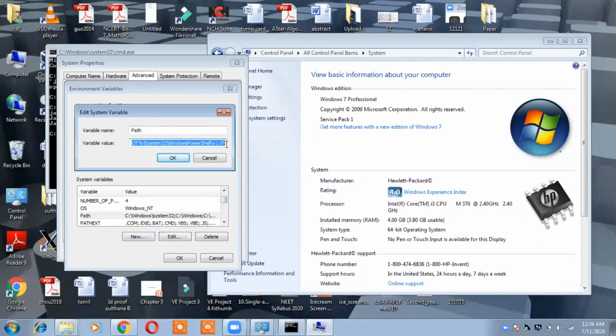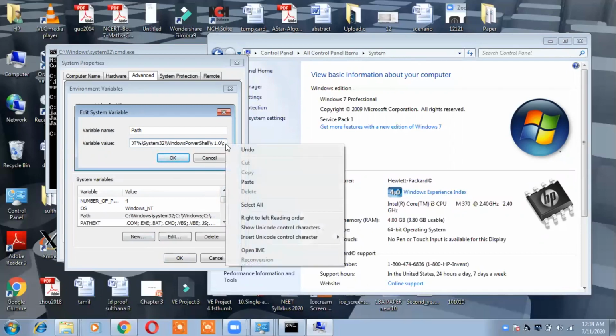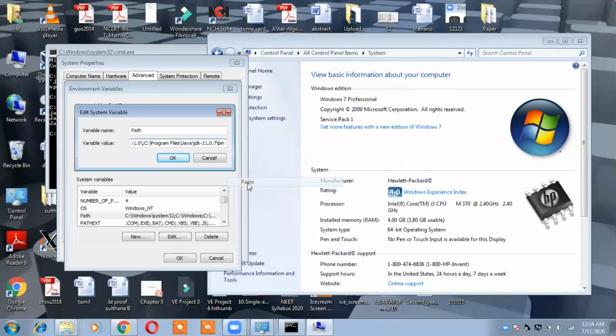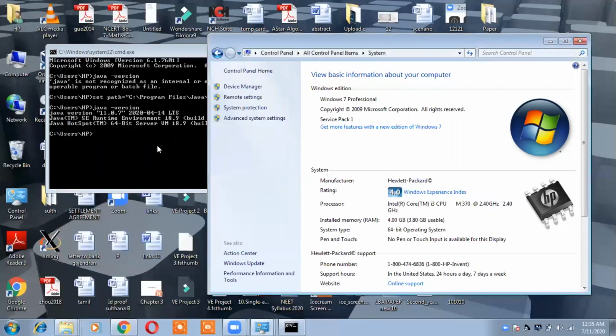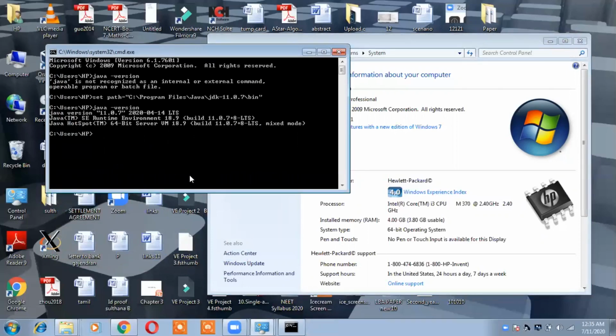Okay, already some values are assigned to this path. We need to additionally add in our JDK path. So at the end of this value, put 1 semicolon in order to differentiate the value which you are adding in, and then right click and then paste the path which we have copied. Okay, that is the path in which our JDK has installed is copied to this variable path. Okay, click OK. This will make this path permanent. From wherever I want to execute my Java program now, I can able to execute.